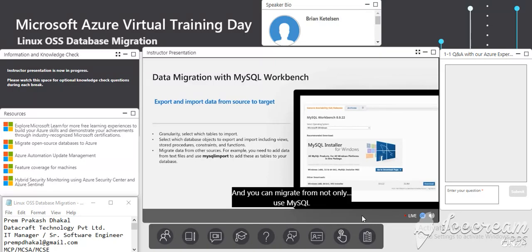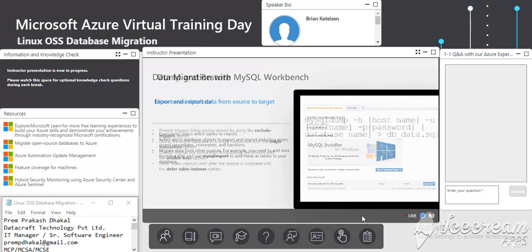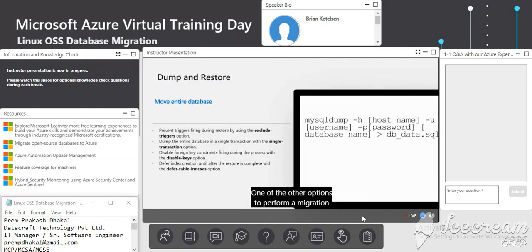And you can not only use MySQL Workbench to migrate from your MySQL database, you would also be able to use this from text files and then use MySQL import to add these tables into your database destination. So data import and export in MySQL Workbench gives you that wizard-based UI to do a full or a partial export and import of individual database objects. One of the other options to perform a migration in an offline fashion is by using dump and